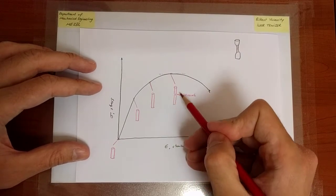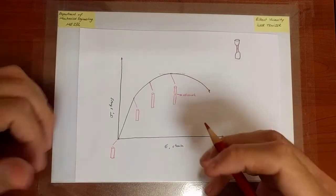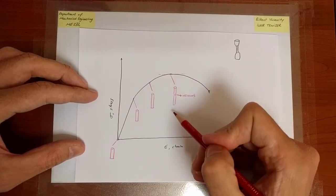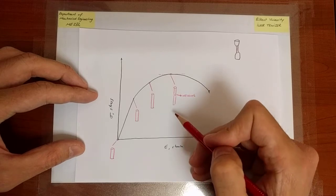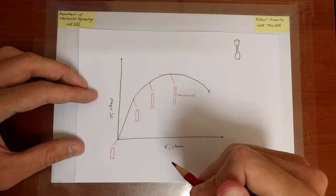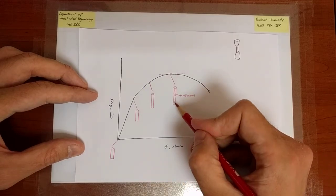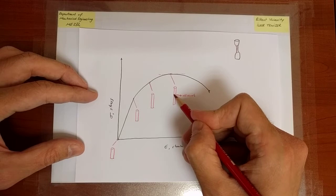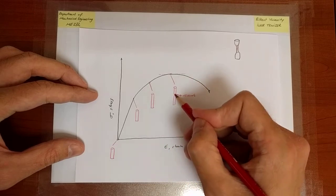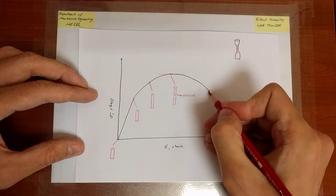Now, this has to do with the way the material behaves, but connected to that, it is a structural phenomenon. It is an instability. It is, in some sense, like buckling, if you like. Again, not exactly, I'm just trying to make an analogy. But eventually, after that point, this neck will never return back. You will never see the specimen being perfectly cylindrical again. What will happen instead is that this neck will keep growing, and such that